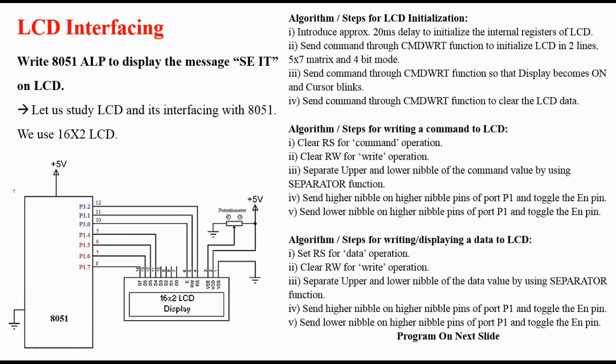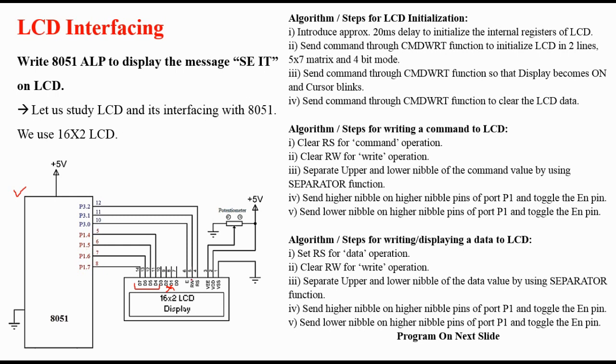We have this diagram, this is the interfacing diagram. If you want to operate the LCD in 4-bit mode, you should connect the LCD pins to the higher data bits and not to the lower data bits. If you connect them to the lower data bits, the characters will not get displayed on the LCD. 4-bit mode is applicable only to the higher data bits, which are D4, D5, D6 and D7. We have connected all those pins to P1.4, 1.5, 1.6 and 1.7.